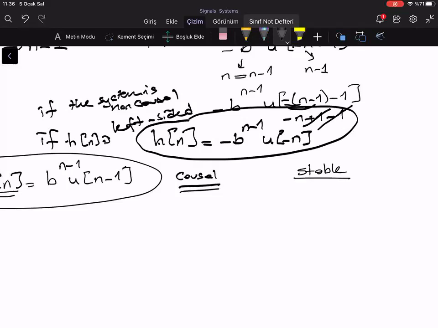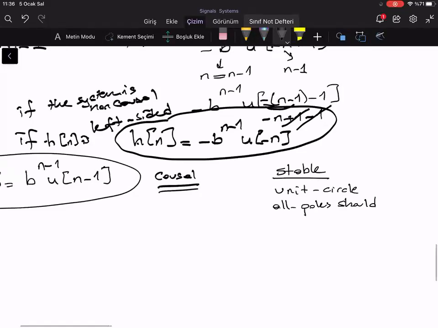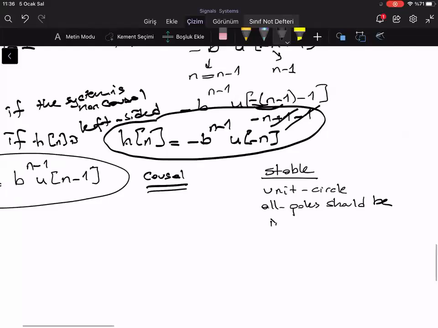One, it should include unit circle, and all poles should be inside the unit circle. Okay, for causality, what is our